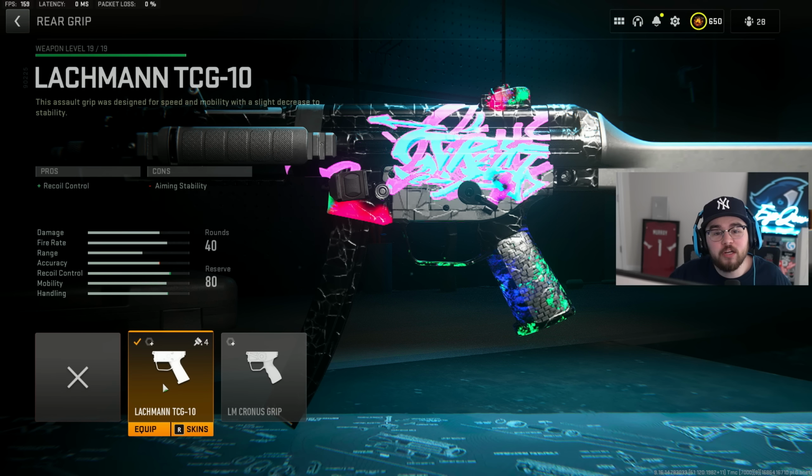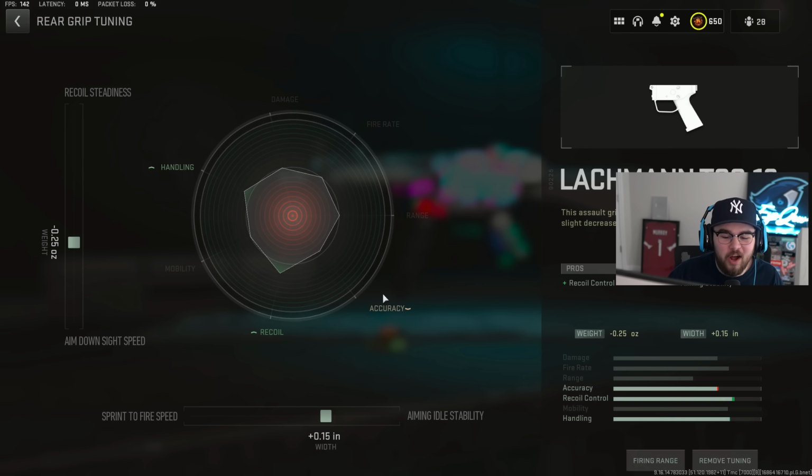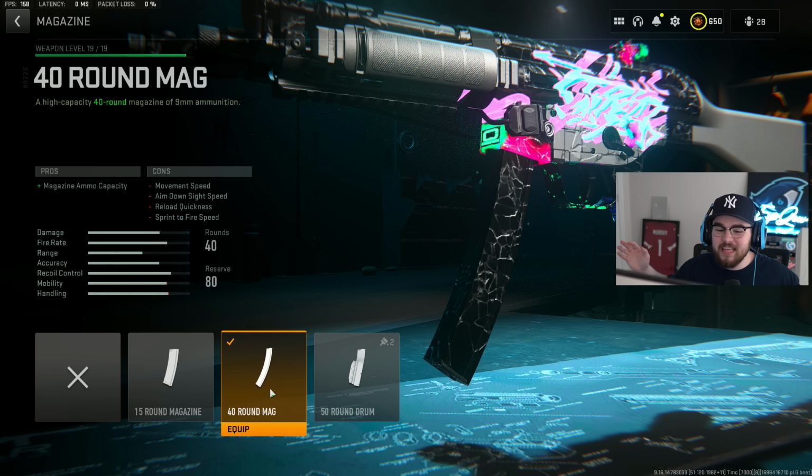walking speed. Of course, for the rear grip, we have the LACHMANN TCG10, giving you even more recoil control, like I said over and over, making you more accurate and making you an absolute beam. For the tuning on the rear grip, I did negative 0.25 for the ADS speed and plus 0.15 for the aiming auto stability. And of course, for the last attachment on the build, we have the 40-round mag, increasing that